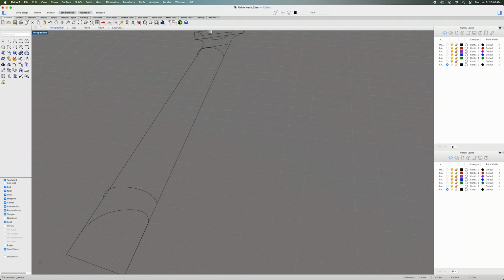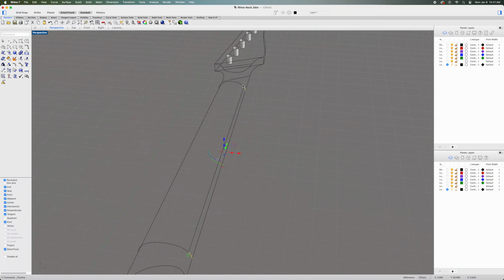All right, so now to build the framework for applying the surface to, I need to connect these segments together, the segments at the headstock as well as the segment at the heel. So to do that, I'll select the 2 segments that I want to connect, and then I'm going to use a polyline, and I will connect the end, as you see me doing here, from one segment to the other. So I'm basically creating, it's almost like a skeletal shape. And these lines, think of them as being,